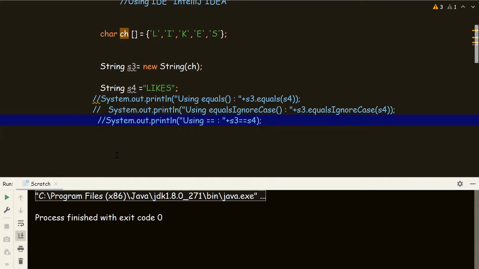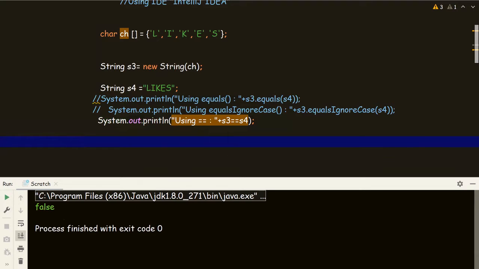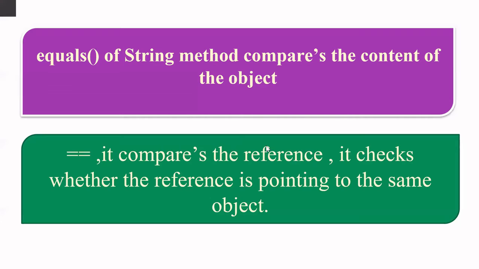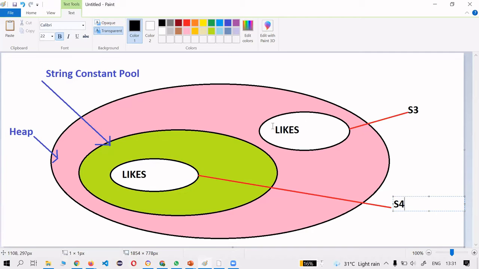It's false. See, s3 equal to s4. Why is it false? Because equal to compares the reference. It checks whether the reference is pointing to the same object or not. So s3 is pointing to the likes object in the heap area, and s4 is pointing to the likes object in the SCP area, that is the string constant pool area. The references are pointing to different objects.